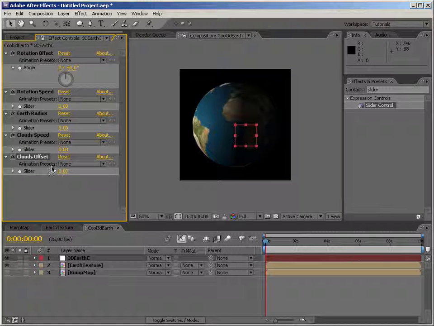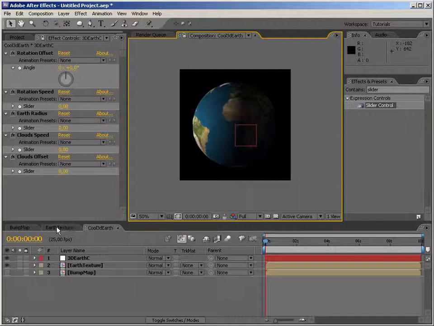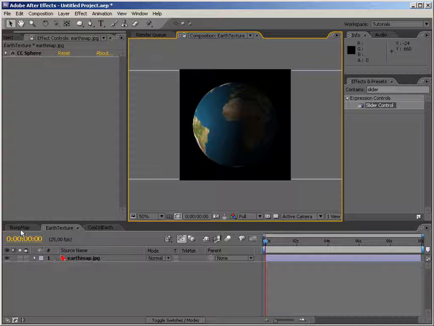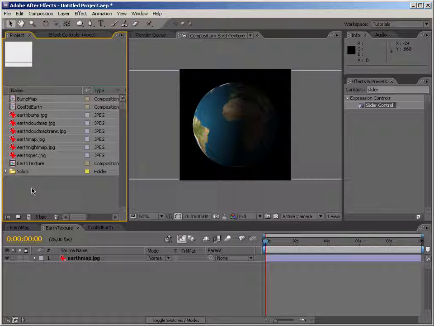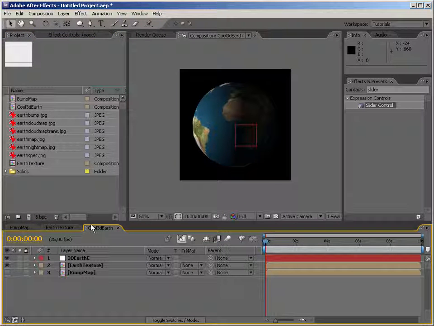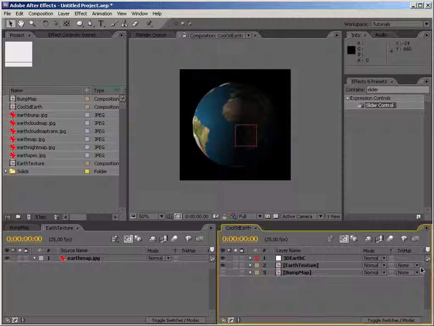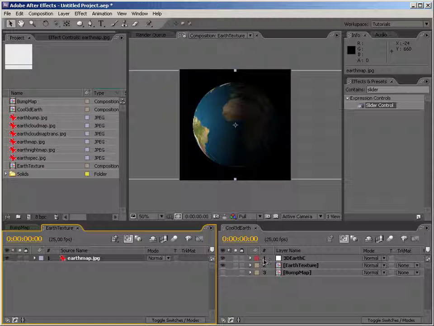And what I plan to do with the clouds offset is that we are going to have clouds above the Earth, and I think that it's going to cast a shadow on top of the Earth. This should look pretty good, but I'm not sure exactly how to do it right now. Well, I have some ideas, but I don't know if it will work. So okay, let's go back to, you know what, I think that we can just drag this here because we're going to use those compositions. Okay,